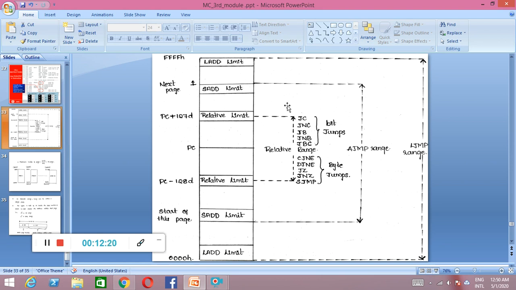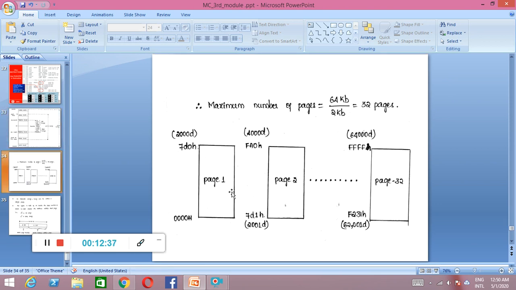And there is one more jump we are going to have, that is L jump. We are going to see it next, right? The range for that one is 64 kilobytes. So within the 64 kilobytes, it can jump anywhere, right? Now you can see how the absolute jump is designed: it is going to have pages. One page size will be 2 kilobytes, right?